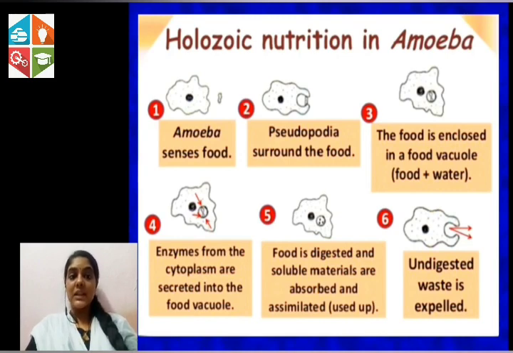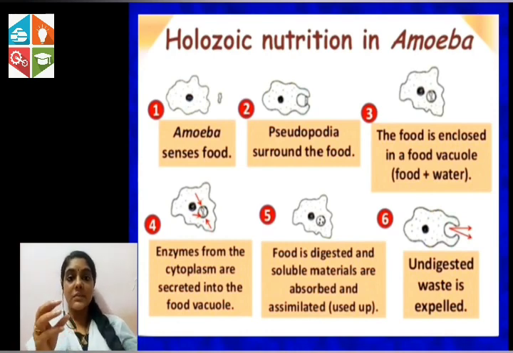Then enzymes from the cytoplasm will be secreted. The amoeba's cytoplasm secretes the enzymes. These enzymes are put into the food vacuole and the food is digested, and the soluble material is absorbed by the amoeba. The material which is undigested is expelled. In the same way, it forms a projection again and pushes this vacuole out, which is a part of excretion. So this is how